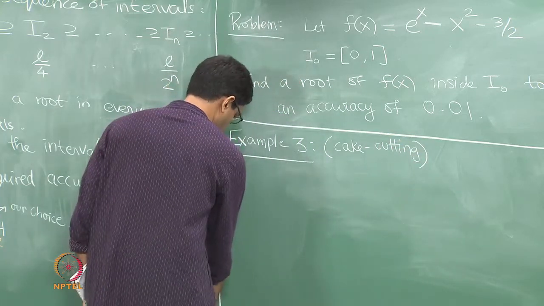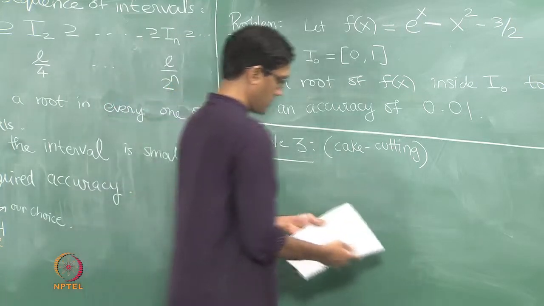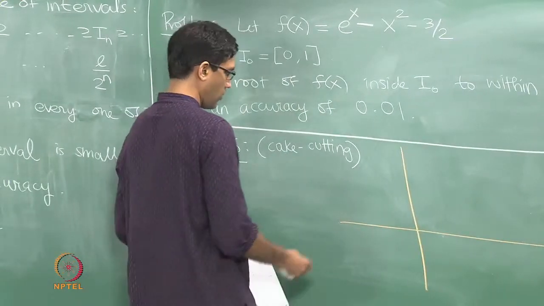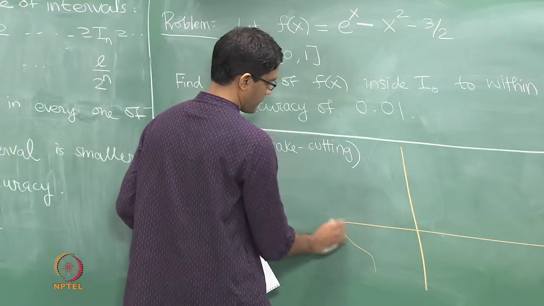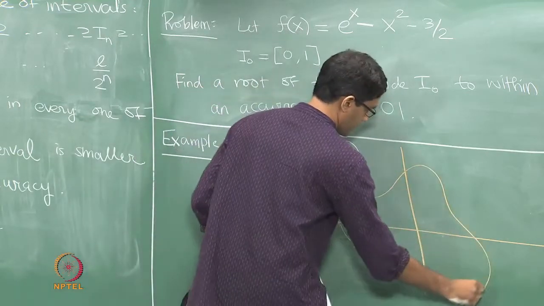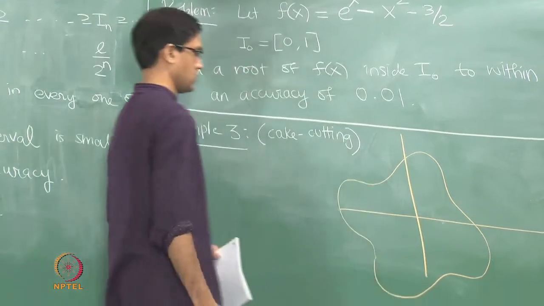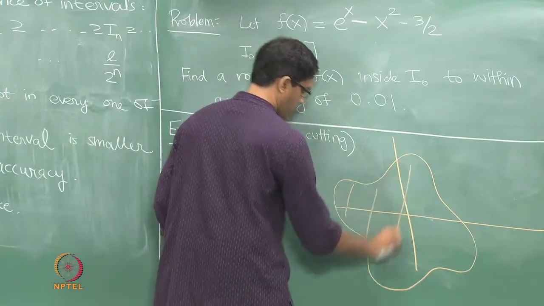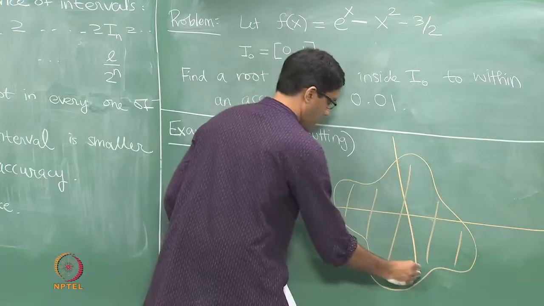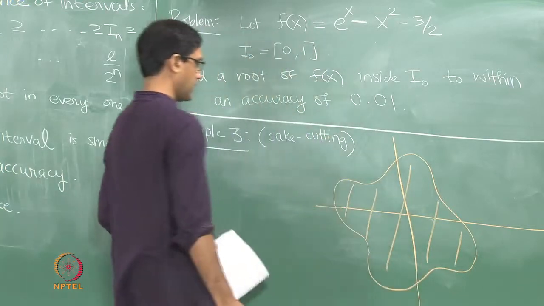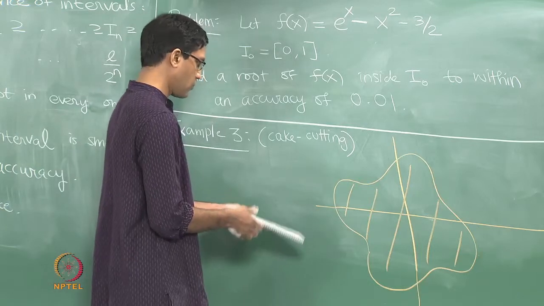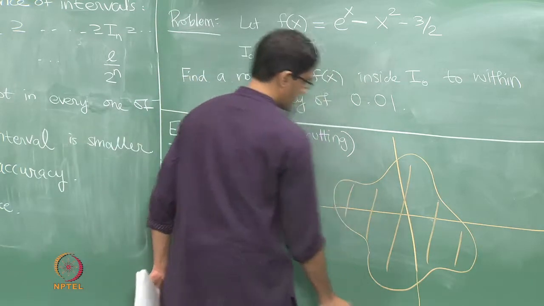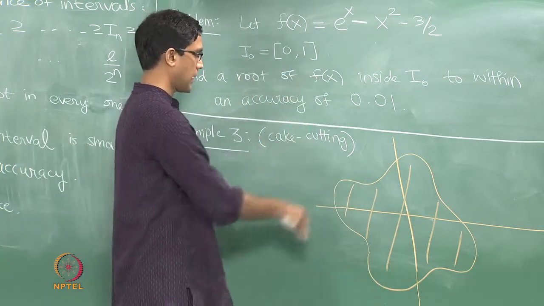So the setup is the following: you imagine you have a shape, a region on the plane of some arbitrary shape. I am not really imposing any condition except that, let's say, the boundary is some nice closed curve, it is a bounded region. So imagine you have this region on the plane. So this is an arbitrary shaped cake if you wish, and the goal is the following: what you want to do is to cut this into two equal halves by using a line, let's say, a vertical line, a line parallel to the y axis.